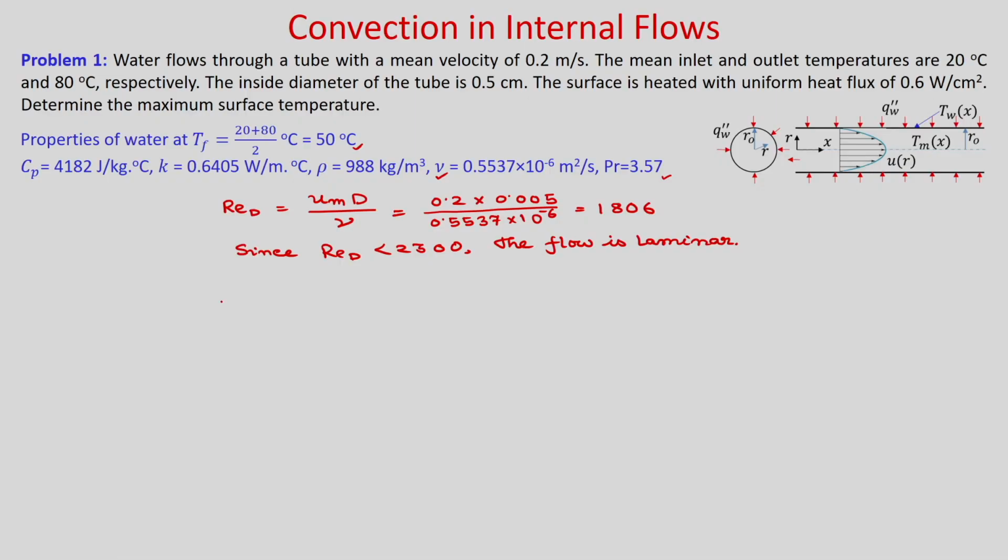Now, we need to find the length of the tube, that is also unknown, and we have to find whether the exit is in the developing zone or not. So, we have to find the developing length first, so that if it is a fully developed flow, then we can use Nusselt number equal to 4.364. How do you calculate the length of the pipe? So, you use the conservation of energy between the inlet and outlet.